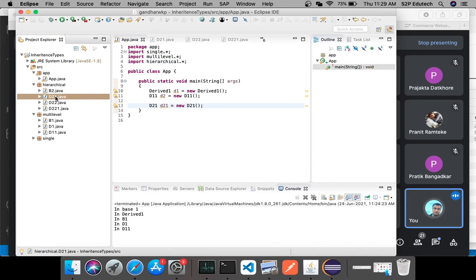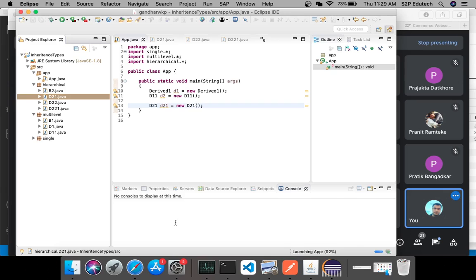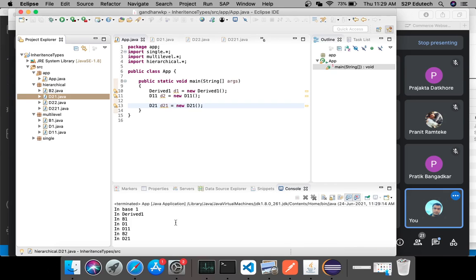Now, since D21 is the child of B2, what would be printed is in B2 and after that in D21. Let's check that out. Right, so what we got is in B2 and then in D21. That's what we have got.